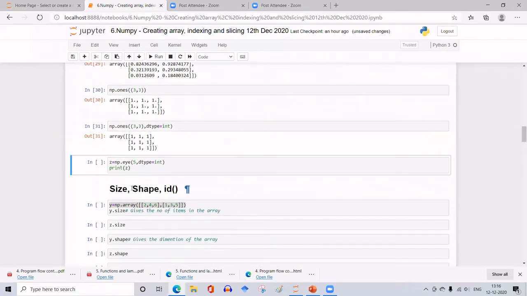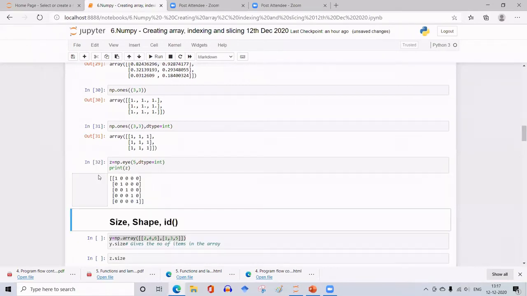You can form a diagonal matrix with all ones by the function np.eye. Let me call that diagonal matrix Z. np.eye, it's a 5 by 5 matrix with data type integer, with all diagonal elements 1 and the remaining elements 0.